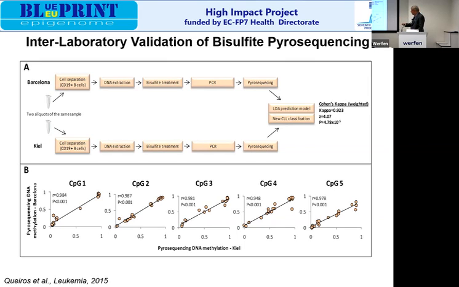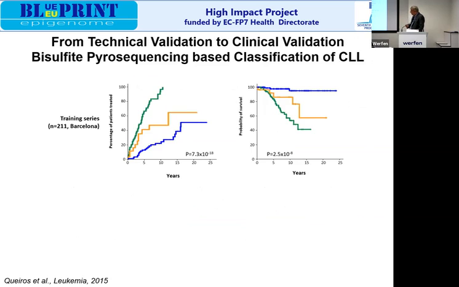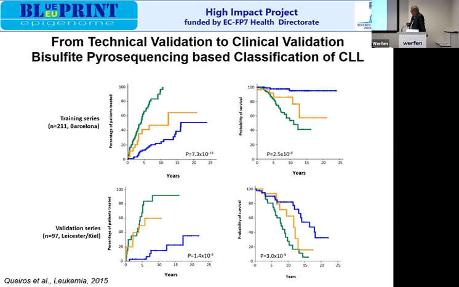The correlation is good between both laboratories, and you can clearly identify clinically relevant subgroups here, which obviously have some correlation to IG mutation status and others. And this also refers to treatment. And you can validate this in independent series. That's a very robust thing. That's CLL, that's probably easy. But as said, in other lymphomas, it's definitely more difficult to do.